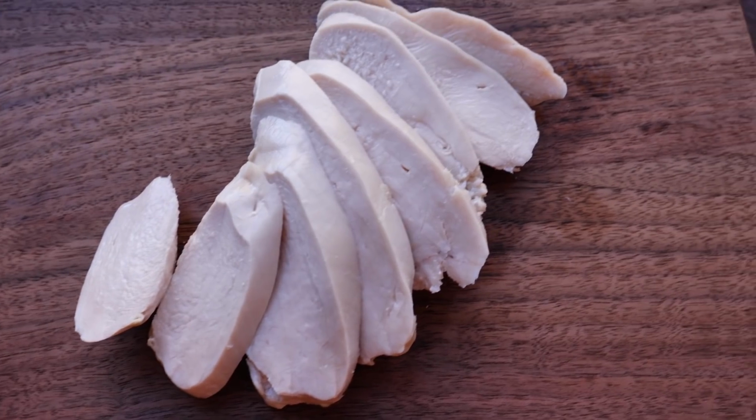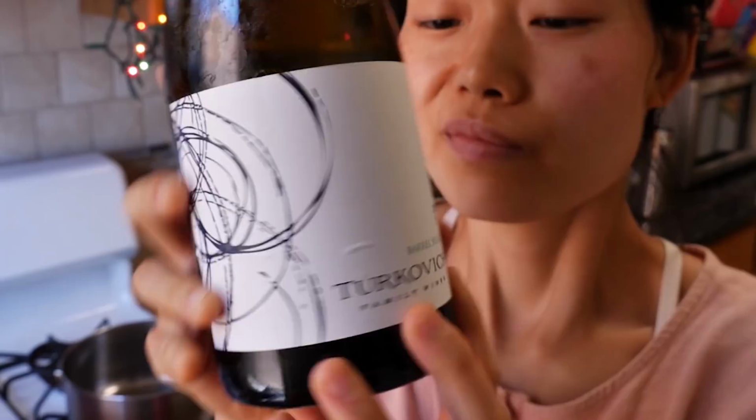My first thought is, how do you take something seemingly as boring as poached chicken and make it an exciting recipe? And the first thing that popped into my head was, you make a sauce. In my case, I think we're gonna go with a white wine, nutmeg, and thyme gravy. I think it'll just be as creamy, as luscious as you need it to make it comforting, but also somewhat